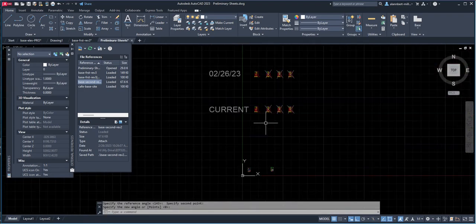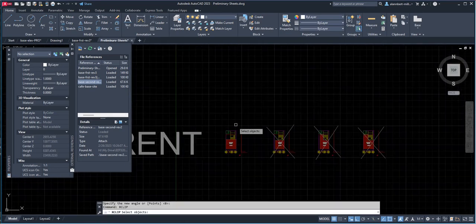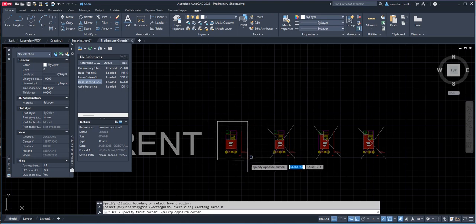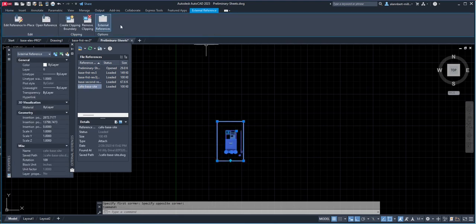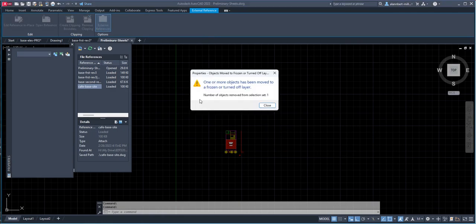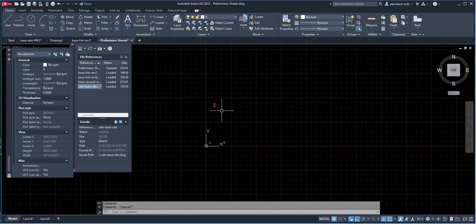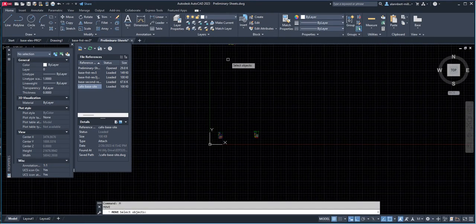to the front of the building, and then we're going to do an X clip, and then we're going to do a new boundary, and then we're going to do a rectangular boundary, X clip, and then we're going to clip it like so. And then we're going to click this and put it on layer X clip or xref, doesn't matter. Okay, there you go. So we have our site there and our floor plan here, and let's just try to